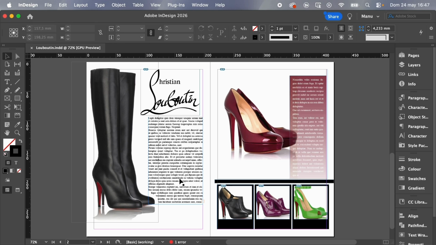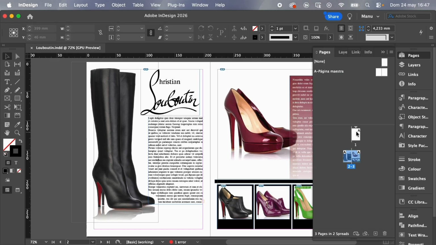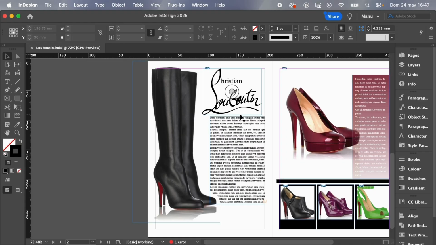You don't start from zero, but you get a file done by another person, and you have to know how to read it, how to change it, what is this, and what is that. So, let's start. First of all, let's go to Pages, and we check that we have three different pages, and we will work with page number 2 and number 3. Second thing, dimensions of the pages.